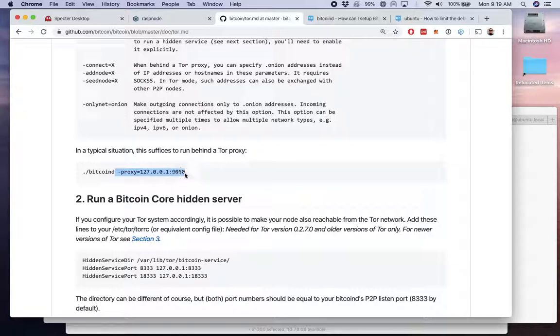So, to anonymize our outgoing connections, we just have to say proxy through. Proxy just means it's like a relay essentially. All the traffic is going to go out through this proxy, which is our own local machine. That just points back to itself, but through port 9050, which is the Tor port. So we're basically routing all of our outgoing traffic through Tor, which will then anonymize it